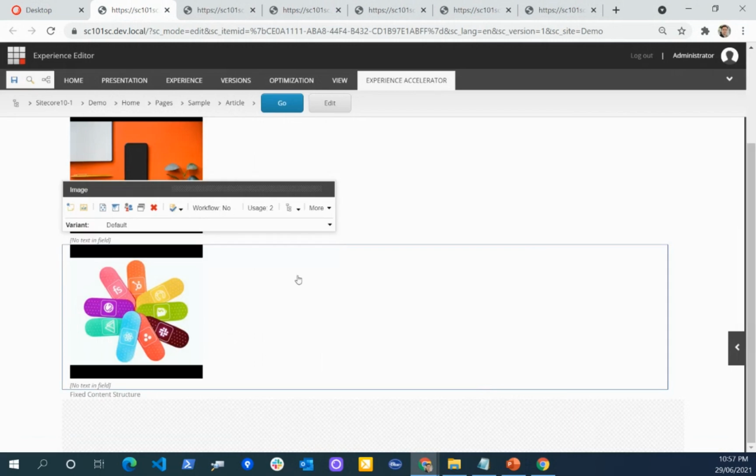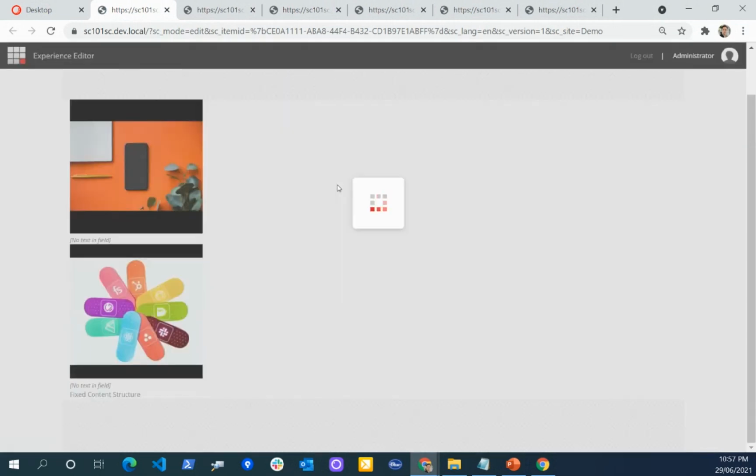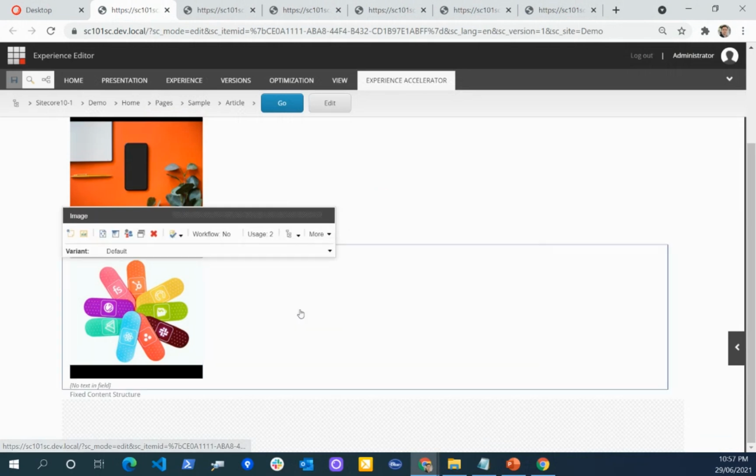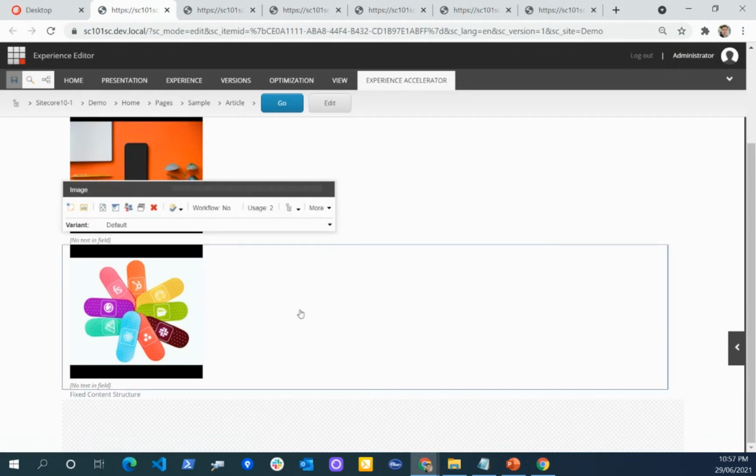If I save this, we can define the complete grid system at the component level.